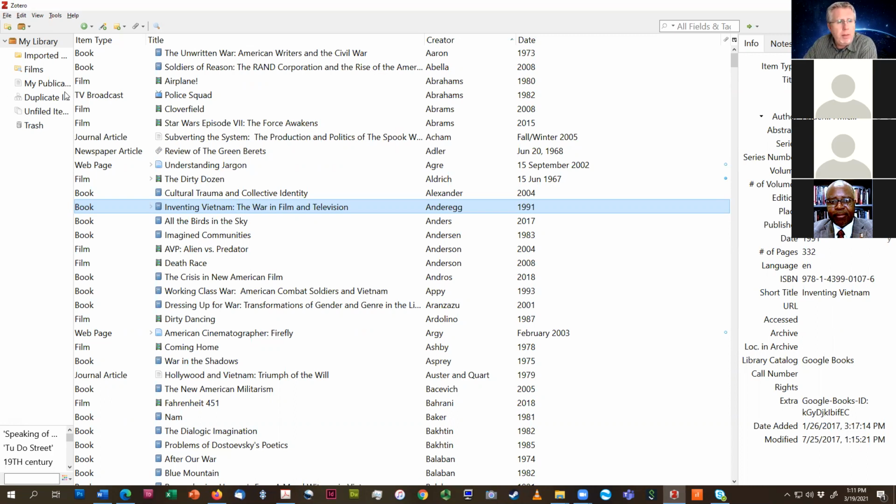So there's kind of a navigation. You can have your file manager here, and anything you delete will go in your trash. The main Zotero window,